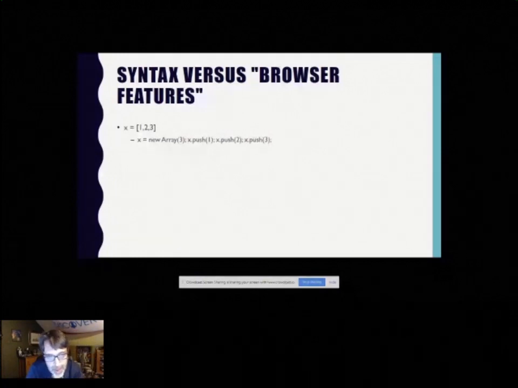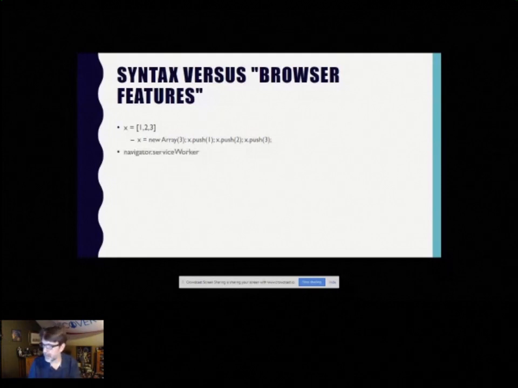The fact that I can define an array with that bracket notation is a syntax language feature. In case you're curious, there's also an API way of doing it. You can see that in a little sub-bullet there. So the fact that the specification specified that you can create a new array by using the shorthand is an example of the kinds of things that I'm talking about here.